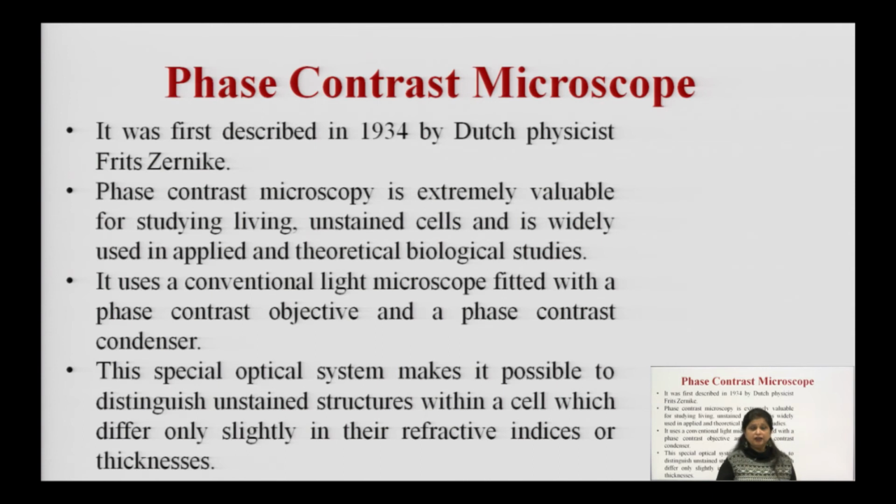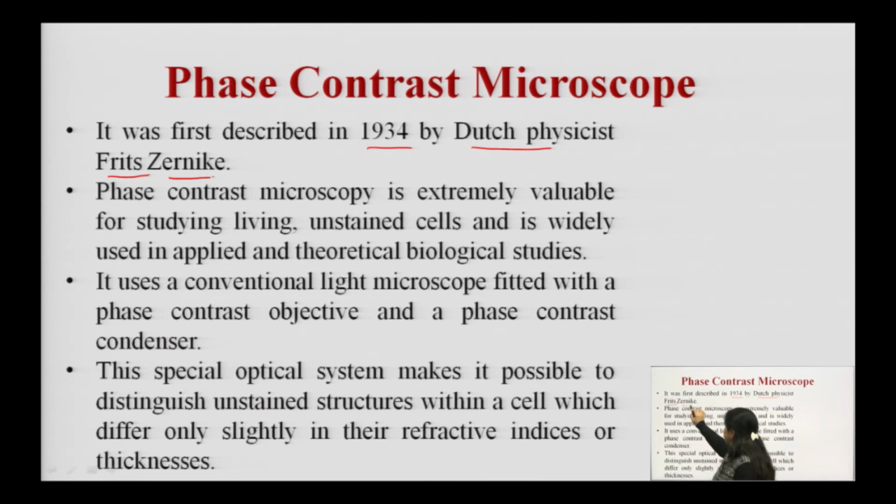Resolving power will increase due to the addition of phase contrast, that is, the diaphragm or phase contrast annular plate which was added. Those two additions made phase contrast microscopy possible. Even live cells could be seen, and we were able to resolve the organelles using phase contrast microscopy. Now, who is the scientist who developed phase contrast microscopy in 1934? He was a Dutch physicist.